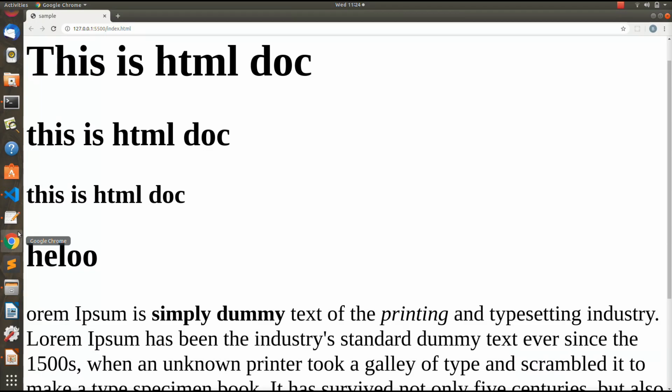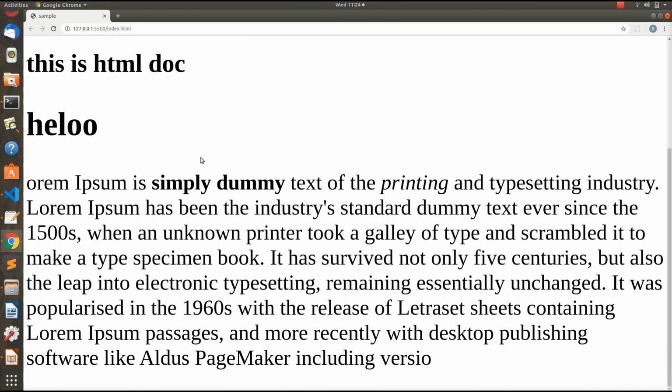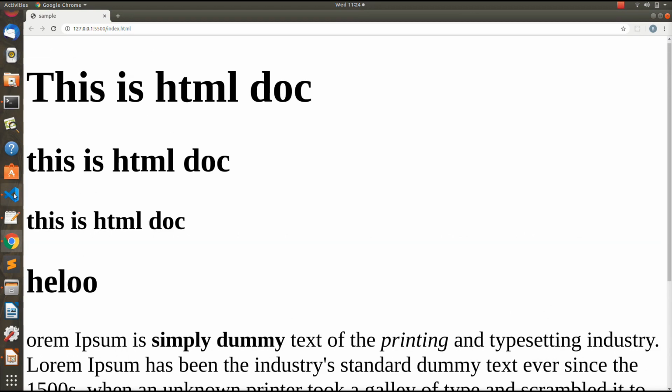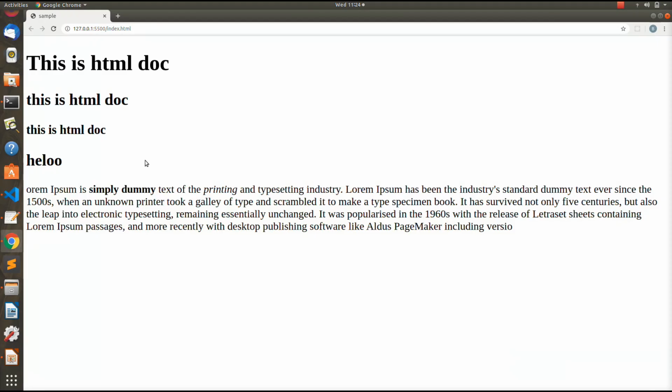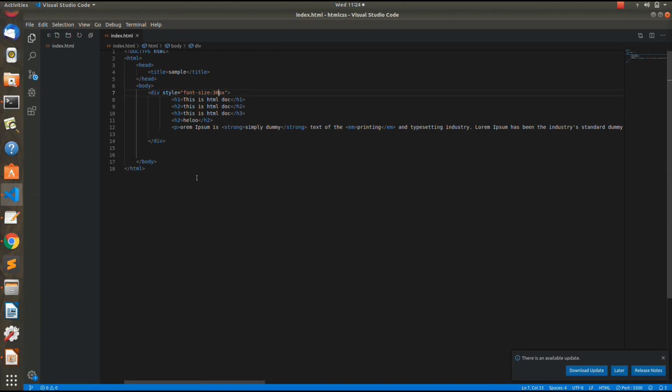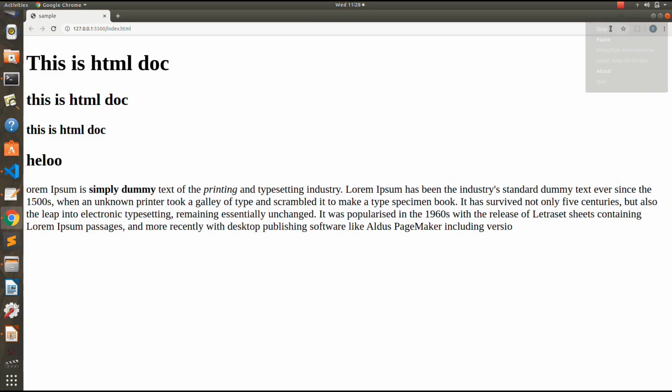So now you can see in the browser that their font size has been increased to 60 pixels. And now if I reduce it to about half, so now the font size decreases to 30 pixels. So this is what div tags or the grouping does. It helps you style various other tags in a grouped manner.